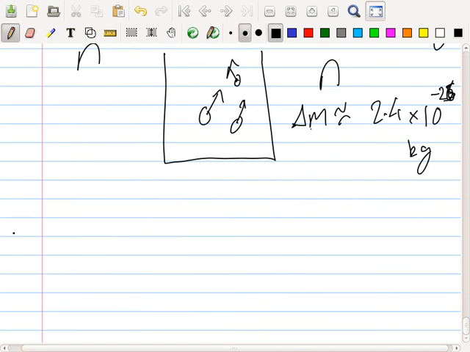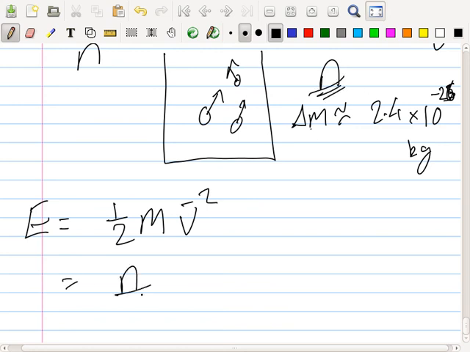Okay, let's calculate the energy. That would be a half m v squared. But because I have n of these, it'll be n over 2 times m times v squared, which will equal,